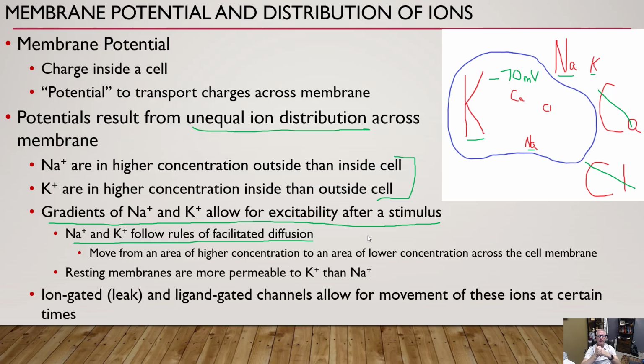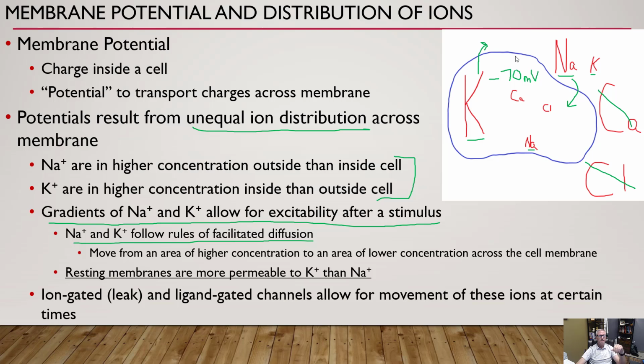It doesn't require ATP. And it moves from an area of higher concentration to an area of lower concentration. So sodium's going to leak in here. Potassium's going to leak out. We follow our concentration gradient. But